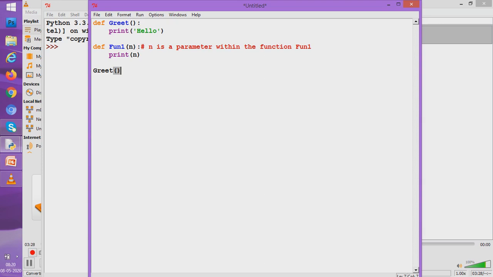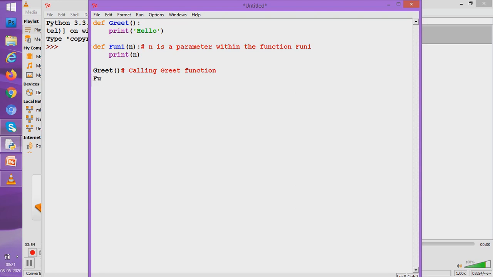From user defined functions, you understand that if I write greet here, it is going to call greet function and print hello for us. So what we are doing from here? We are calling greet function. So we are calling greet function from here, and you know how it is called. Now what we will do here is we will try to call fun1 function also.